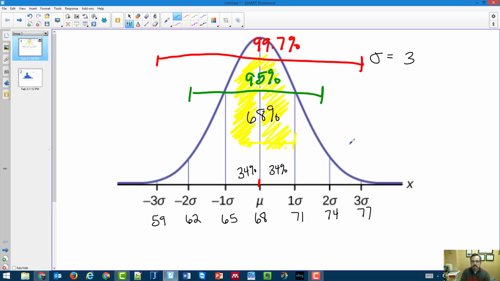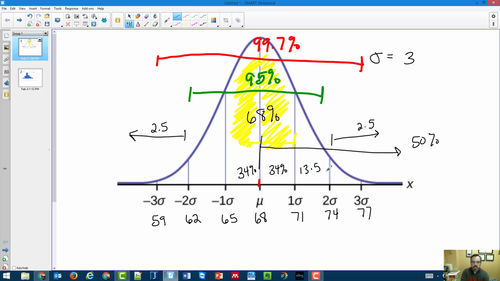95% really means that there is going to be 5% going this way. So there's 2.5 and 2.5 on both sides. If you think about it, this whole side from here all the way to the end is 50%, so it makes it a little bit easier. 34 plus 2.5, so that's 36.5, so I end up having to have 13.5% here and